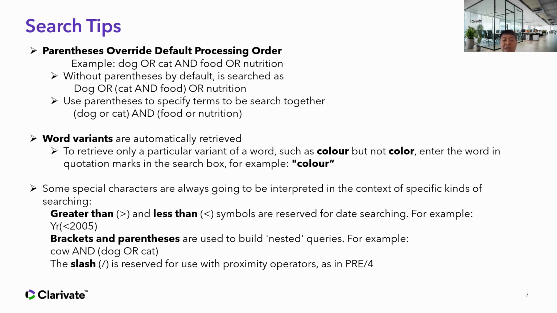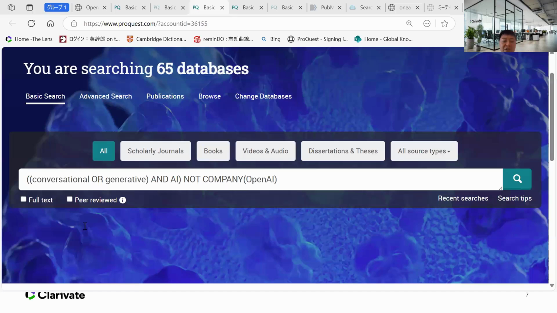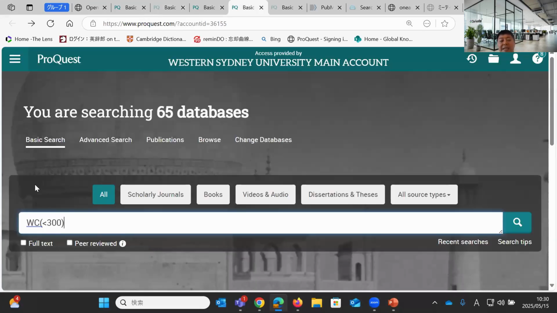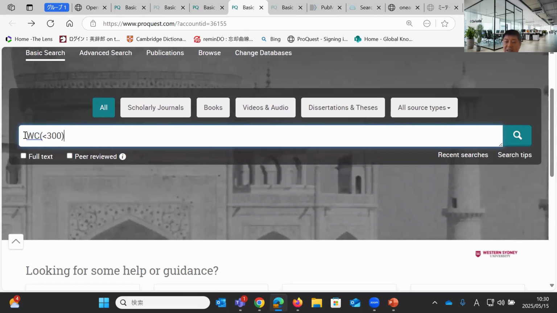And we also use greater than. So here in the slide you see year. The field code for year is YR, parentheses greater than 2005 here. And the application of it is the word count that I was talking about before. So WC is basically the field code for word count, less than 300.